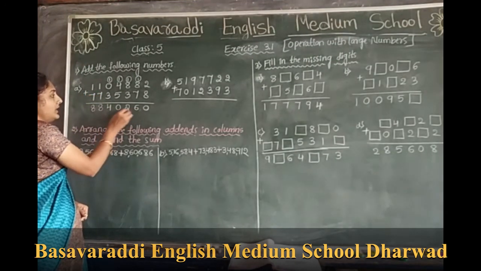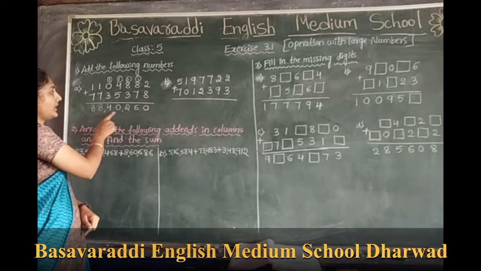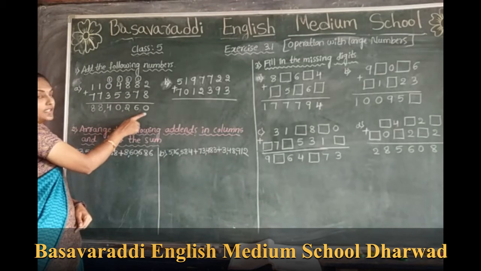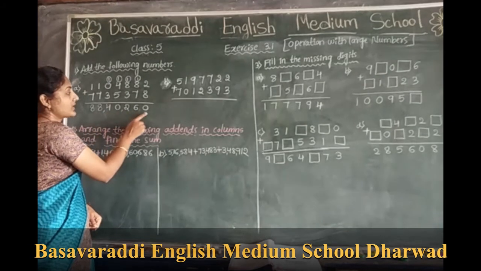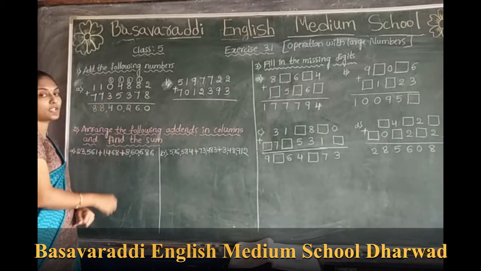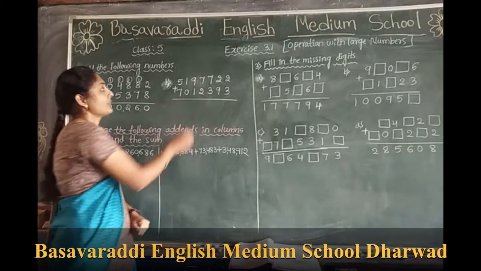How to read the number here? 88 lakh 40,260. This is the process of how to do the addition. The next question is